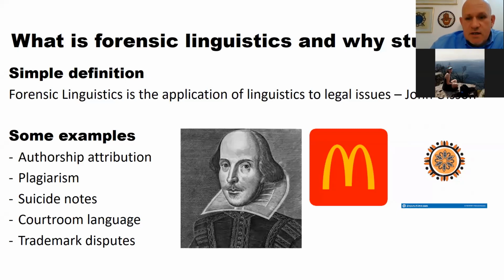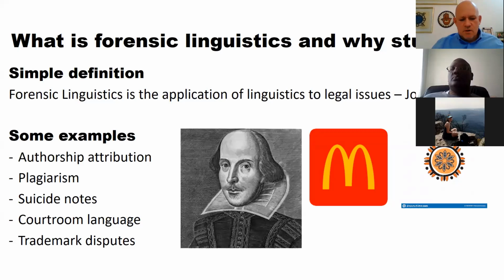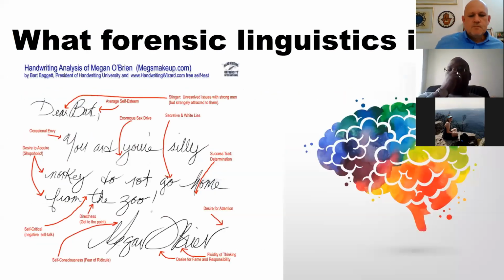Interestingly, that did bounce back against them, as environmentalists and animal rights people then coined the terms McMurder and McDeforestation, and even now McDonald's are trying to convince major dictionaries to remove the term McJob from their lexicon. McJob, of course, meaning a job which is very low paid, low status. So these are just some ideas. I think what is important to look at is what forensic linguistics isn't.